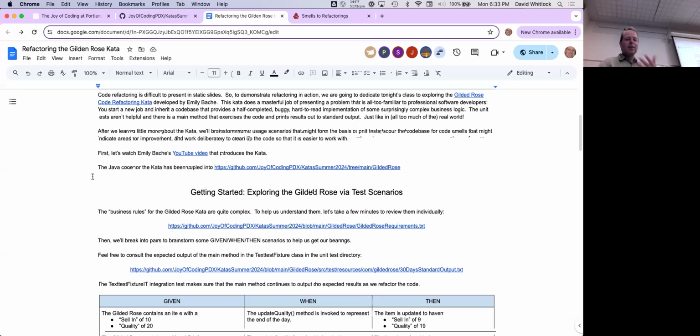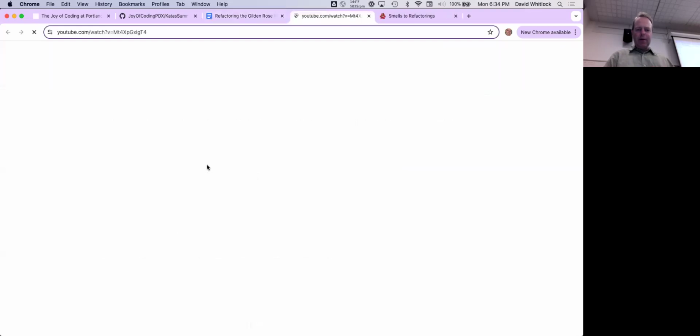We're going to work together to understand this kata, and then you'll go through and offer some suggestions of improvement, and then we'll implement it together. I'll be doing the coding up here, but I'll be looking to you all to really inform what we try and where we go with it. So I want to watch. She's got a really good video for it.